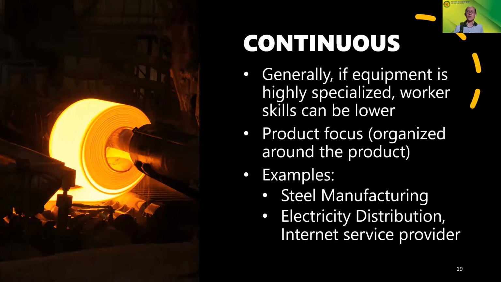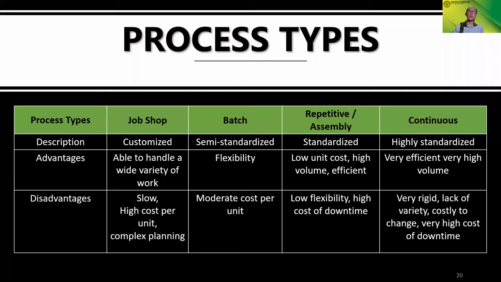These process types are found in a wide range of manufacturing and service settings. The ideal is to have process capabilities match product or service requirements. Failure to do so can result in inefficiencies and higher costs than are necessary, perhaps creating a competitive disadvantage. The next slide shows a summary of the different types of processes, their descriptions, their corresponding advantages, and their corresponding